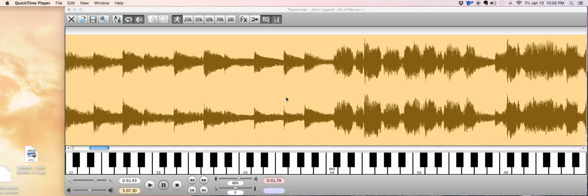hear the notes. Well, this program came along and it just kind of revolutionized what you can do with solos or just learning how to play a tune. So I wanted to show it because every time I get a new student, I show them this app, and it's called Transcribe. There's other ones, but the one I've been using for many years is called Transcribe, and